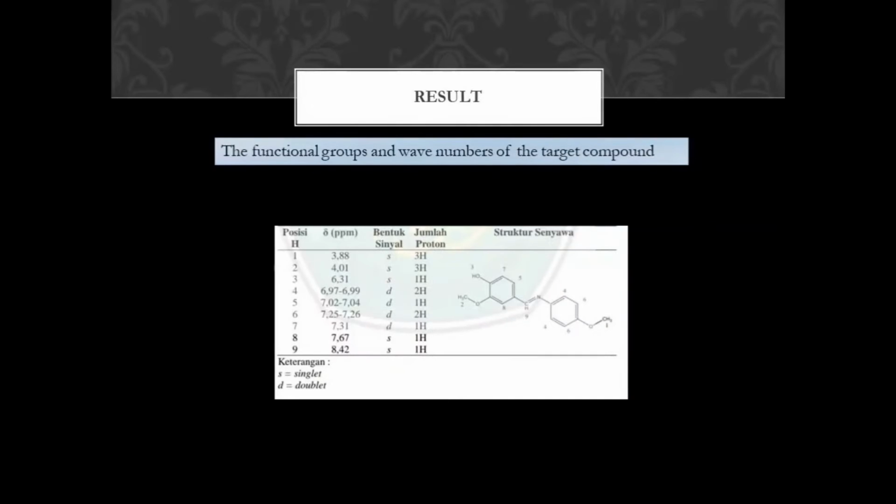In addition, several aromatic proton signals appeared at chemical shifts of 6.97 to 6.99 ppm 2H doublet, and then 7.02 to 7.04 1H doublet,